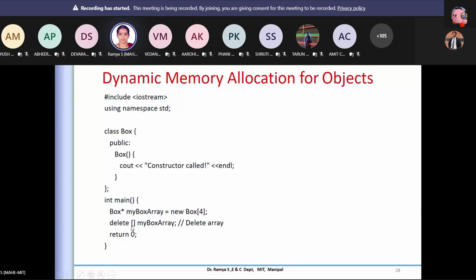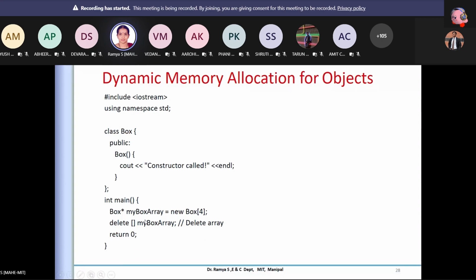That is the difference between creating an object without new and creating an object with the new keyword. So remember, whenever you create memory with the new keyword, think this line is not there.